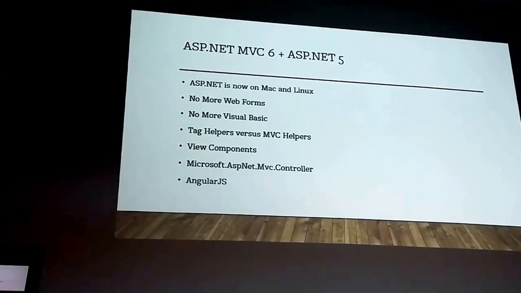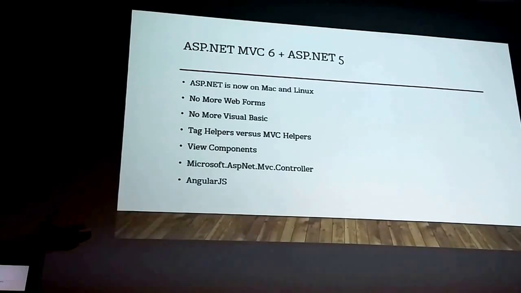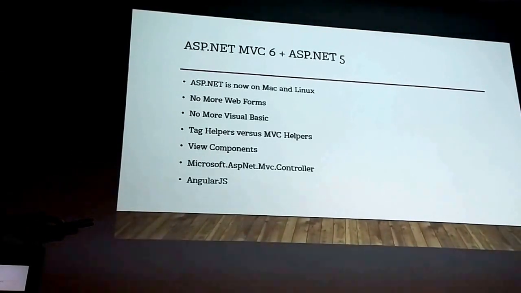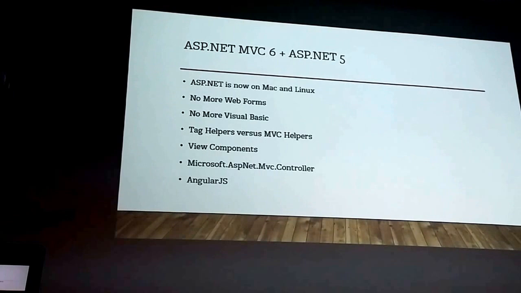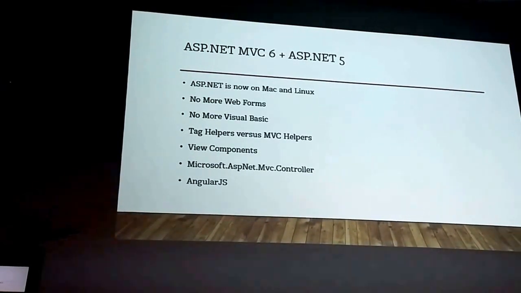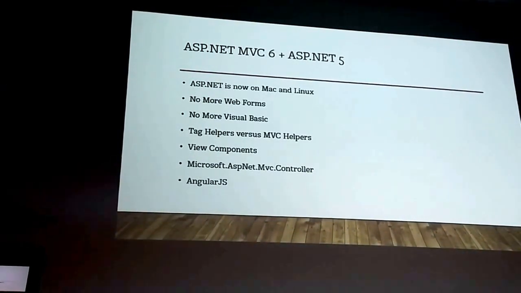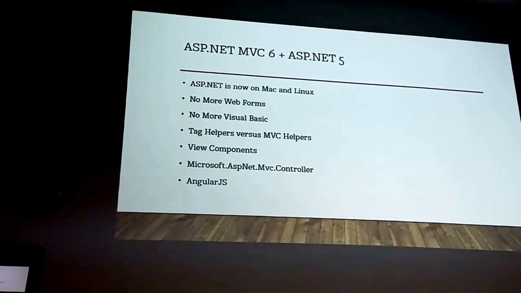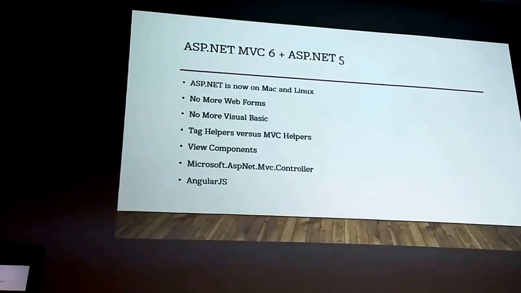So in ASP.NET MVC 6, we now have a feature called tag helpers. Previously, when we were in MVC 3, 4, 5, we were all using MVC helpers. But tag helpers are better because they allow you to manipulate the HTML text. Okay, we also have the view components. We have the MVC controller itself, as well as AngularJS. AngularJS is the support that the .NET team wants to build into ASP.NET 5, because